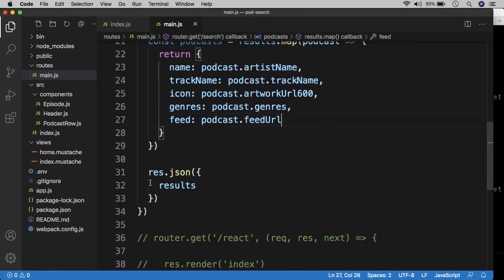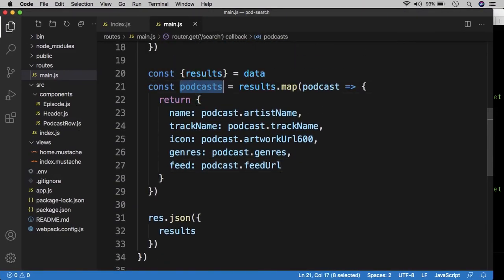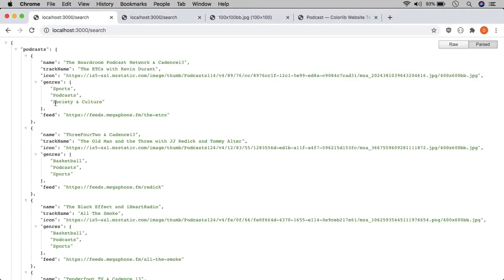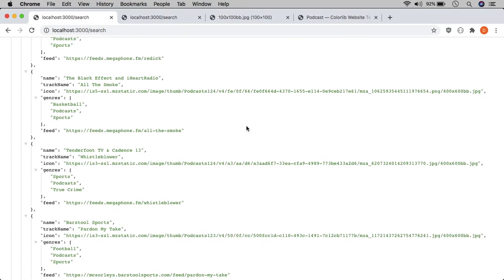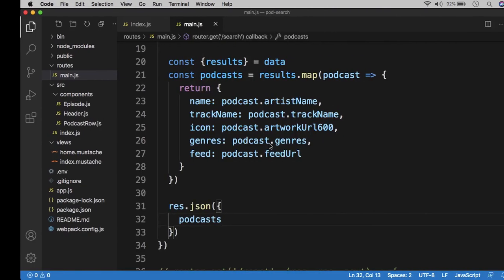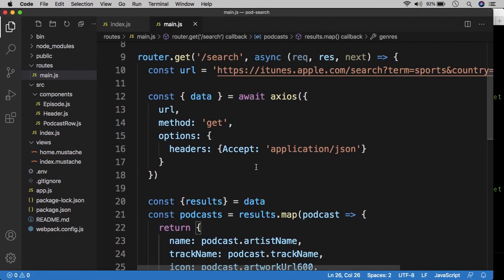And let's try that. And we want to return the actual podcasts. And now we have the feed. Great. Okay, great. So now this is everything we need on the client side, on the React side, to render the results of podcasts. So what we're going to do next is we're going to